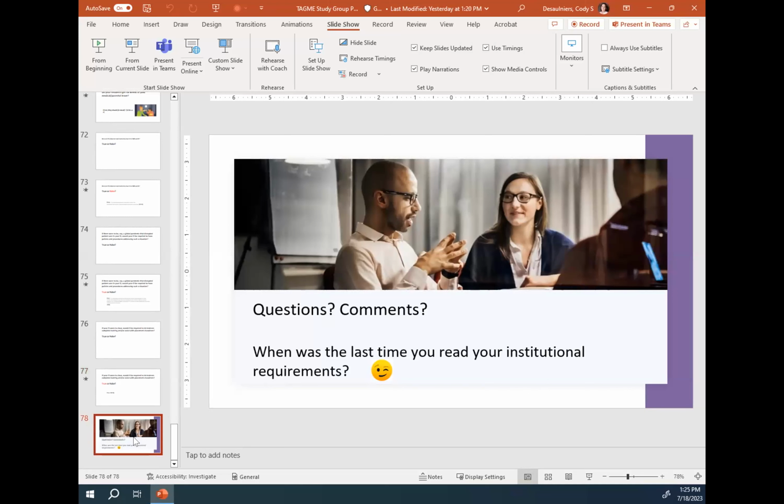When was the last time you read your institutional requirements? I haven't read mine ever, so this was a good wake-up. I just kind of skim read through mine, but